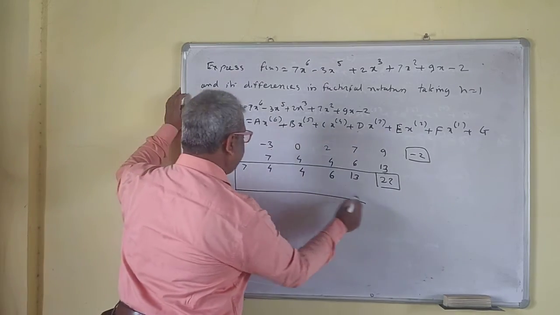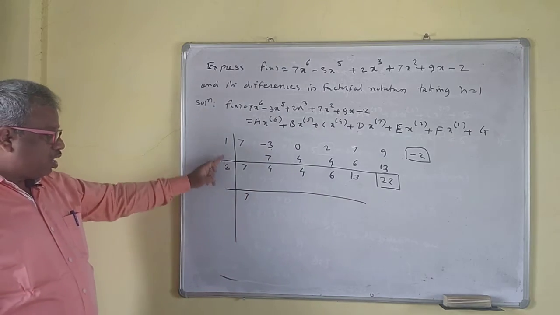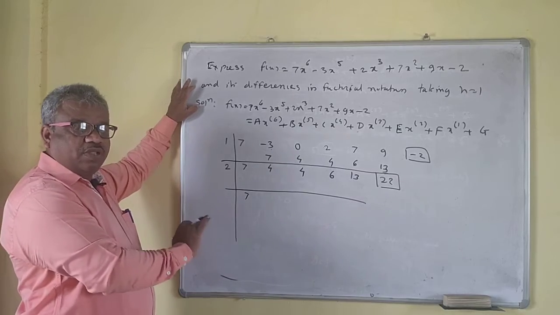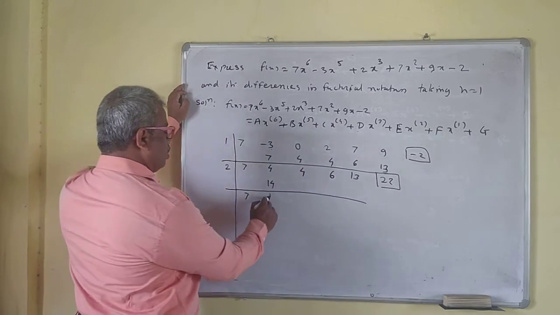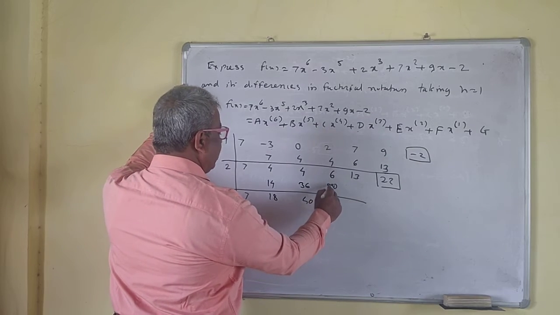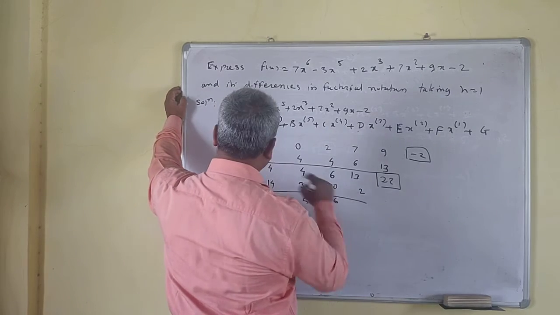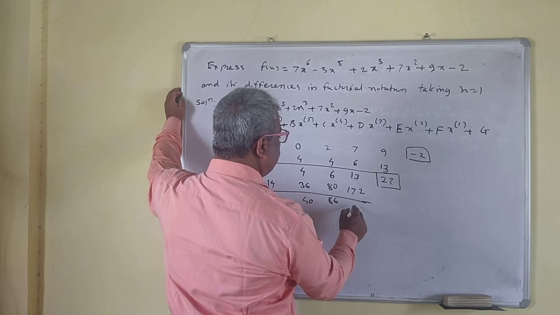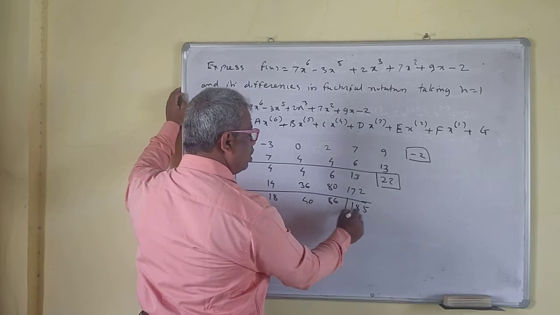Now this is 2 now you have to take. You have to take 1, 2, 3, 4 and so on, up to we get a single term, up to 2 terms now the last one. So 7. This is 14. So this is 18. This is 36. This is 40. This is 80. This is 86. So this is 172. So this is 185. So I have to take the last one.